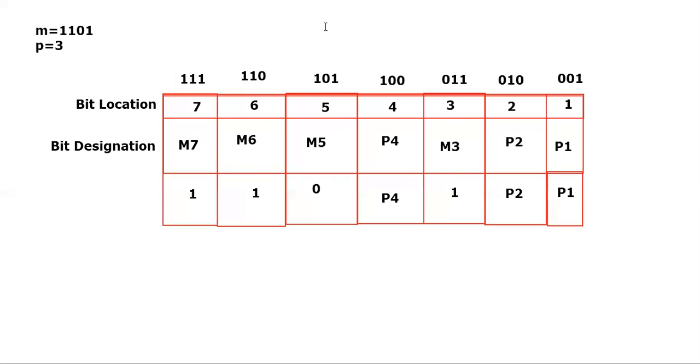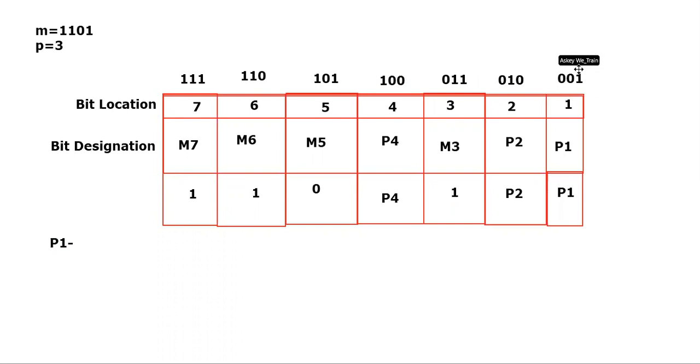Now it's time to calculate your P1. How do I calculate the P1? P1 is at bit location 1. That means take this binary number and identify the LSB, because 1 represents the first position, and the first position is your LSB. In LSB, which among these bit locations have the value 1? You can notice that in bit location 1, you have 1 here. That is the first position. Find out 1 in the LSB, in the first position.